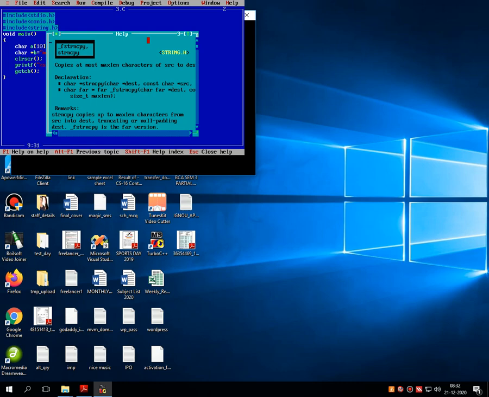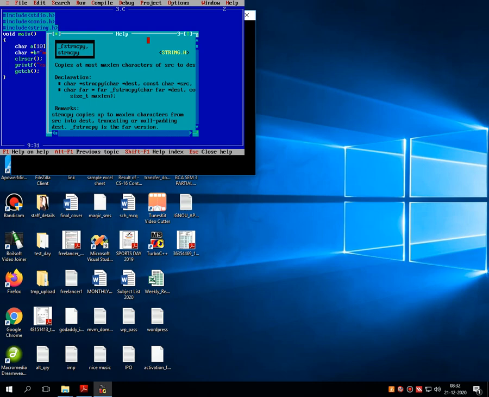What strncpy exactly does is it also copies the content from source to destination, but it copies the content character by character. That means it picks up the first character from the source and puts it into the destination, then the second character, and so on up to the last character.